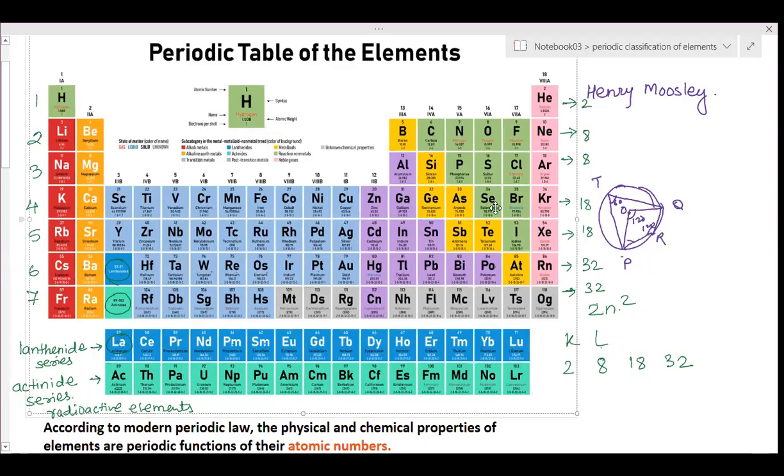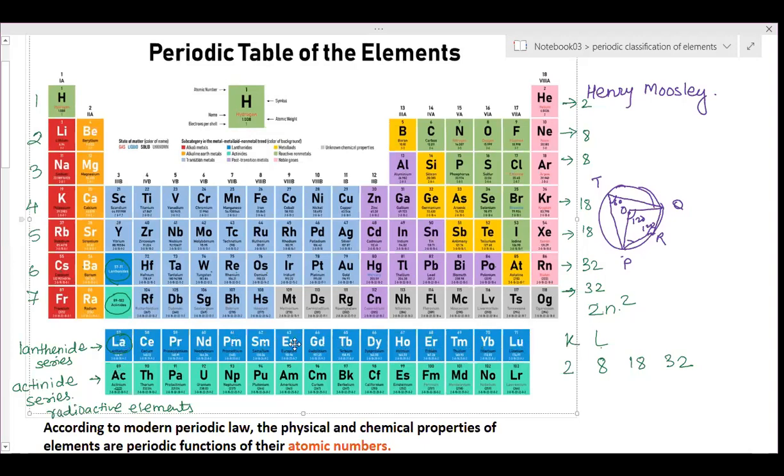Now here you can see that this is 8, these are 18, 18, and here you are saying 32. So where are the 32? We can see only 18 in this row, because columns and rows exactly match. So how can we say 32? For that, you see here some blank spaces are kept. Atomic numbers 57 to 71 are placed at the same position and they are expanded here. So from atomic number 57 to atomic number 71, these are expanded at this position.